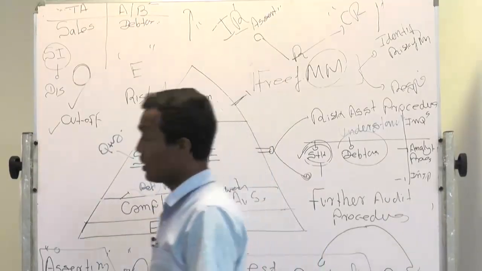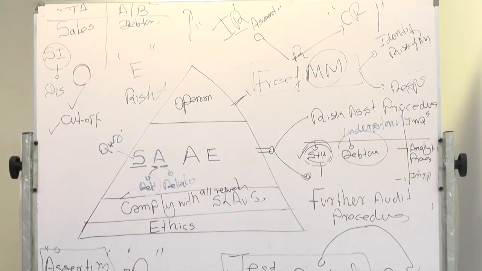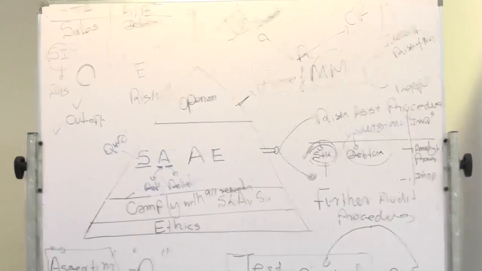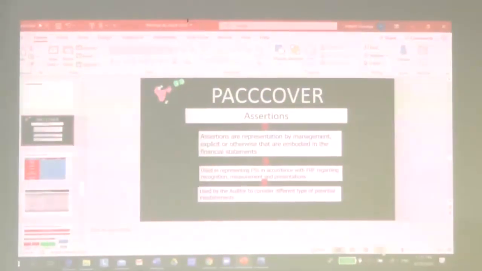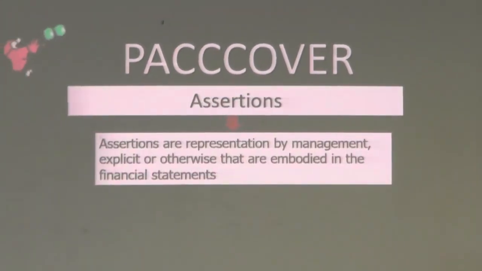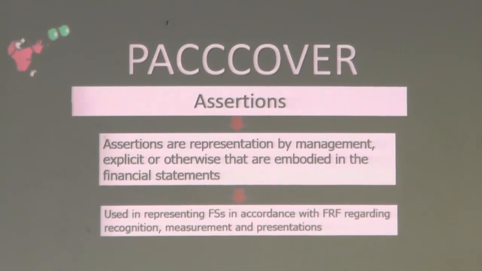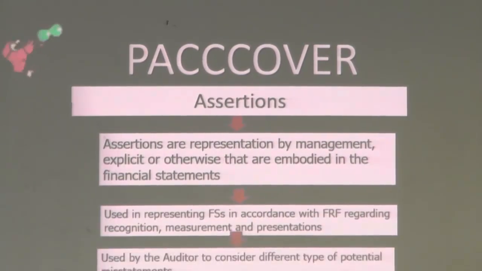So relevant audit evidence. Now if you look at this slide, it will show you, and I recommend you go and read it further. Now I can summarize assertions in one meaningful word: PACK COVER. So what do you mean by that? I explained to you the definition of assertion. Now these assertions are about presentation in the accounts, disclosure, accuracy, completeness, cutoff, classification, occurrence, valuation, existence, and rights and obligations, and so on.